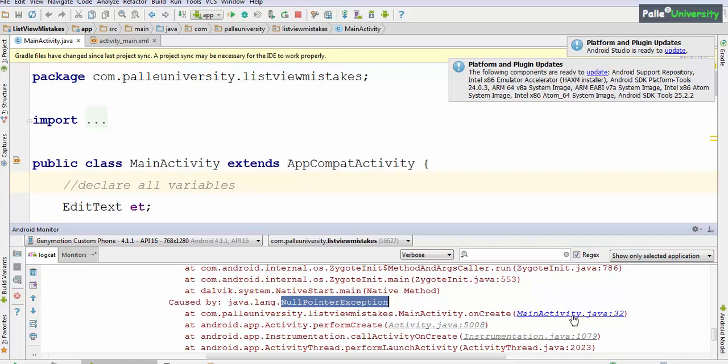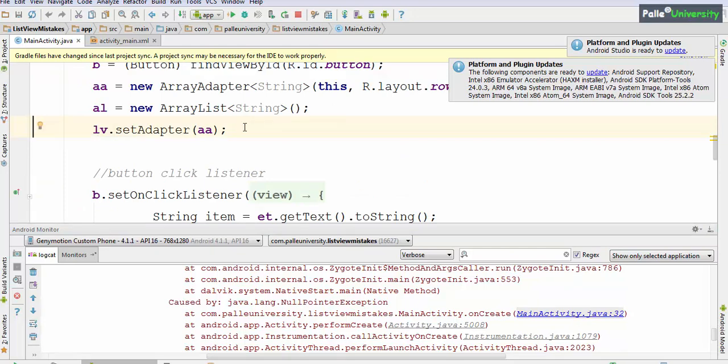Just click on this blue color hyperlink, so that the cursor will go to that line number. Whenever you see NullPointerException, first go to that line number by clicking here, and this line is causing the NullPointerException. Now tell me, how will you analyze what is causing it? As I told you already, whenever NullPointerException occurs, first identify, from left hand side to right hand side, whether there is any dot operator.